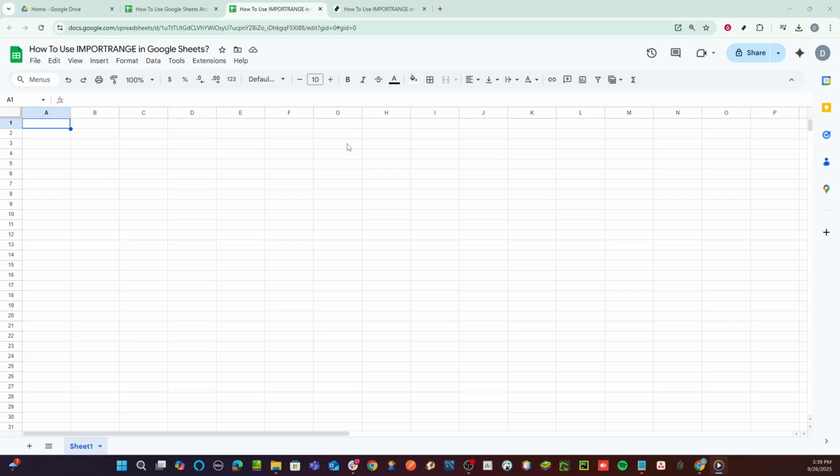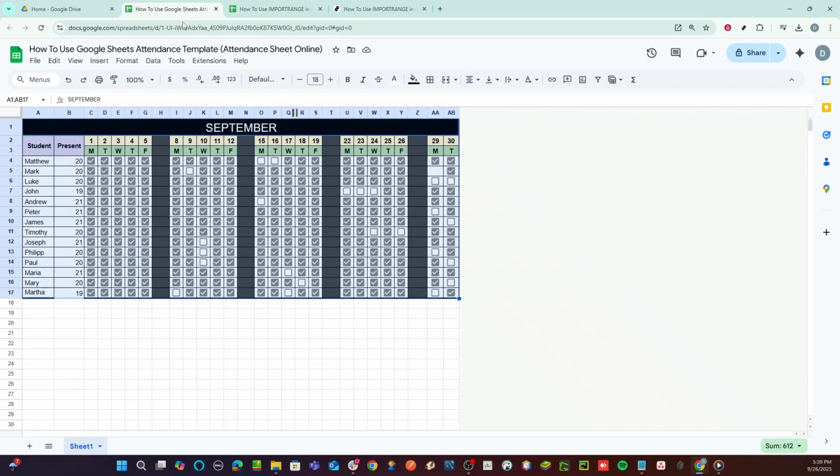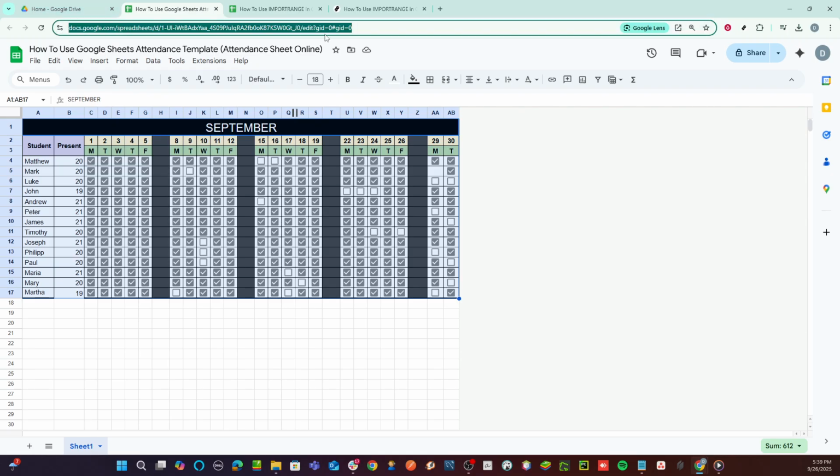Now, we're going to enter the formula. Click on the cell and type in the formula, IMPORTRANGE, followed by the spreadsheet URL, https://docs.google.com/spreadsheets, and the range, A1:B17. This formula tells Google Sheets that you want to import a specific range of data from